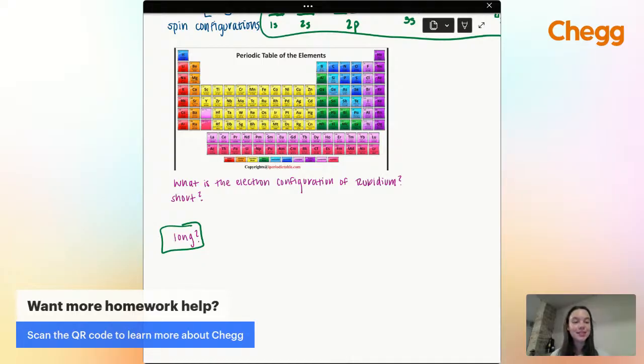All right, about 10 more seconds, guys. What is that chemical symbol? I'll give y'all some options. Is it RH? Is it RF? RU? RG? RN? Does anyone know? 5, 4, 3, 2, 1. If you said RU, you are absolutely correct. And we find RU right here on the periodic table.